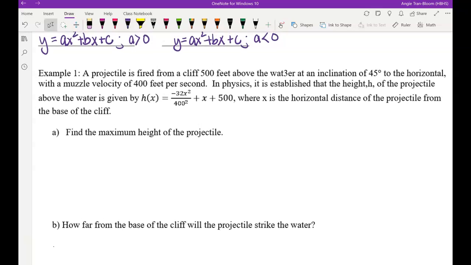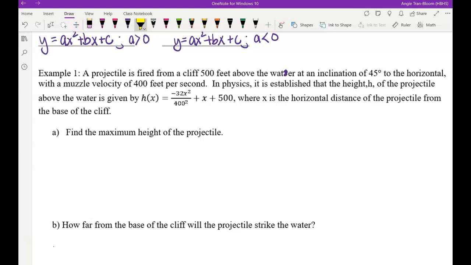Okay. And example 1 says, a projectile is fired from a cliff of 500 feet above water at an inclination of 45 degrees to the horizontal, with a muzzle velocity of 400 feet per second. In physics, it is established that the height h of the projectile above water is given by, so guys, they already gave us an equation. H of x equals negative 32x squared divided by 400 squared plus x plus 500,